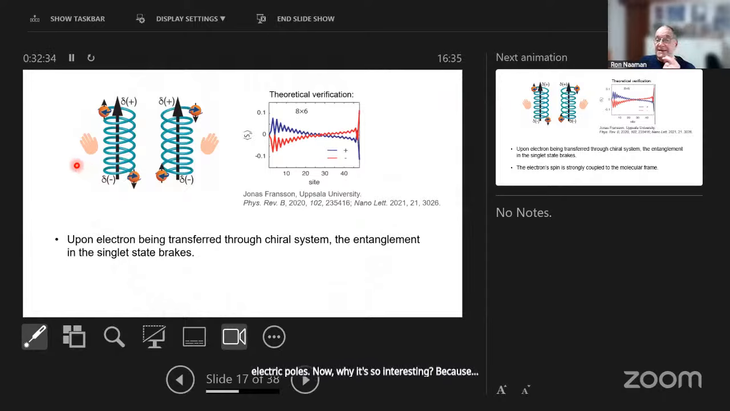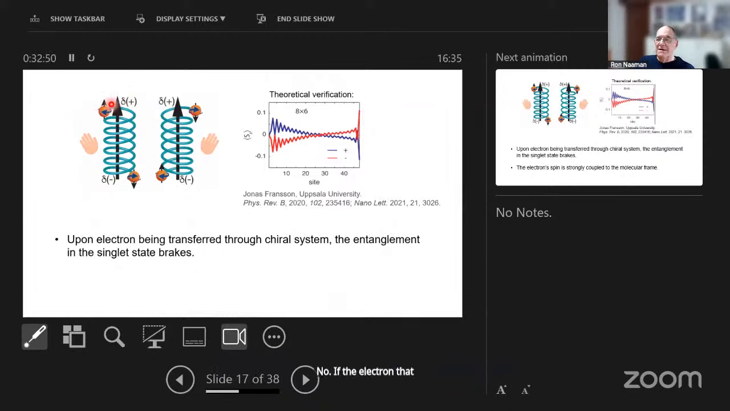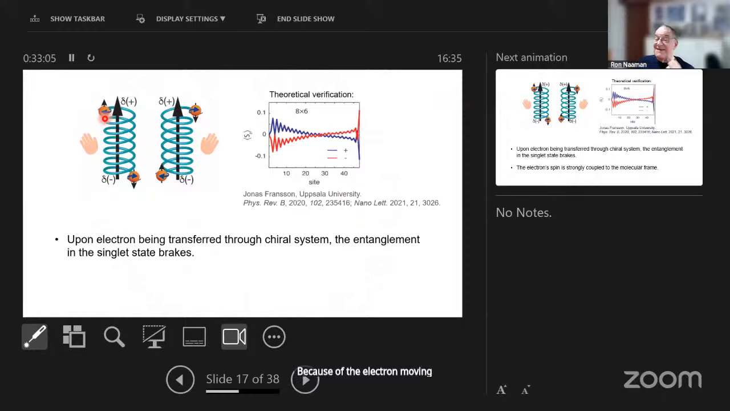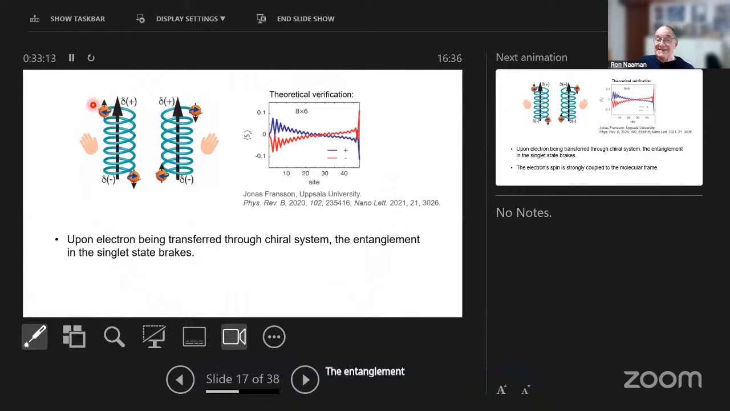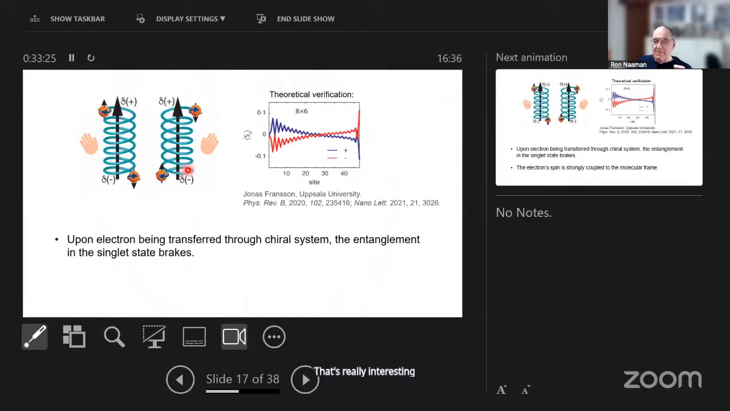Because a singlet, as you know, is an entangled state. Namely, in a typical molecule, if the molecule is not chiral, by applying a field, you cannot know if the electron that arrives here is one spin or the opposite spin, because it's a superposition of the two spins, because they are entangled. What we see in the chiral system is that, because of the electron moving through the chiral system, it's like measuring the spin, and therefore we break the entanglement, and we can know now, as we show with the whole device, which spin is here and which spin is here. That's really interesting. There are recent experiments by Mike Vasilevsky in which he saw this breaking of the entanglement in EPR